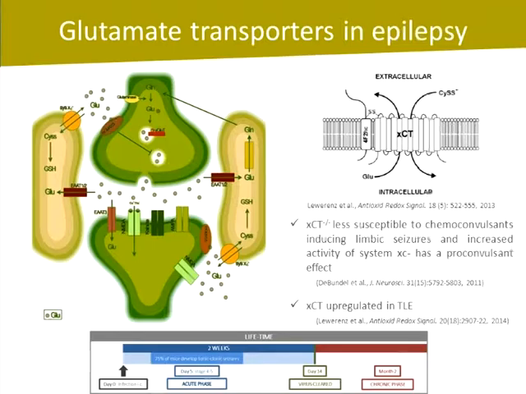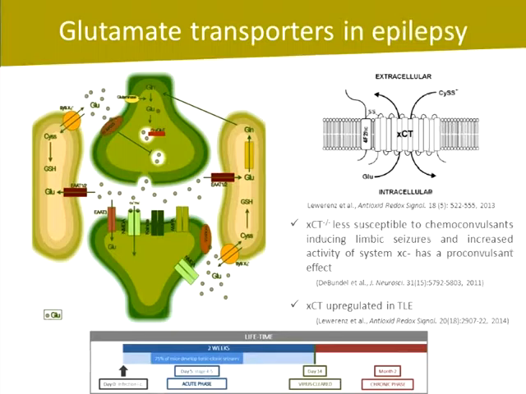Glutamate is the main excitatory neurotransmitter in the brain, and its involvement in epilepsy is proved already, especially increased levels of extracellular glutamate. And we know that the extracellular glutamate is mainly cleared by the excitatory amino acid transporters 1 and 2, which correspond in rodents to GLAST and GLT1, which are located on the astrocytes. We also know that the knockout of GLT1 leads to spontaneous seizures, so the involvement of these transporters has been already studied and described in epilepsy.